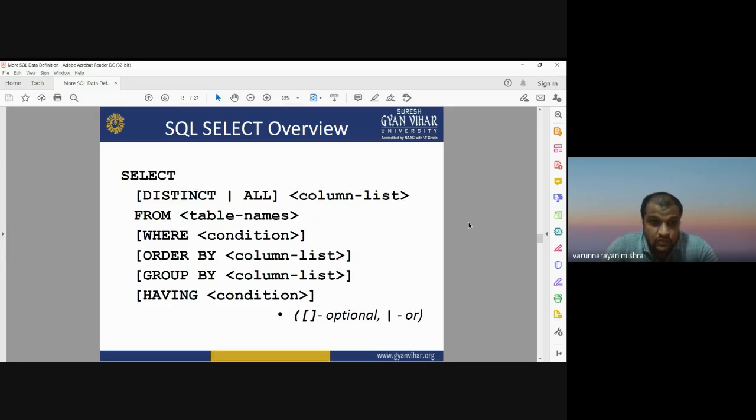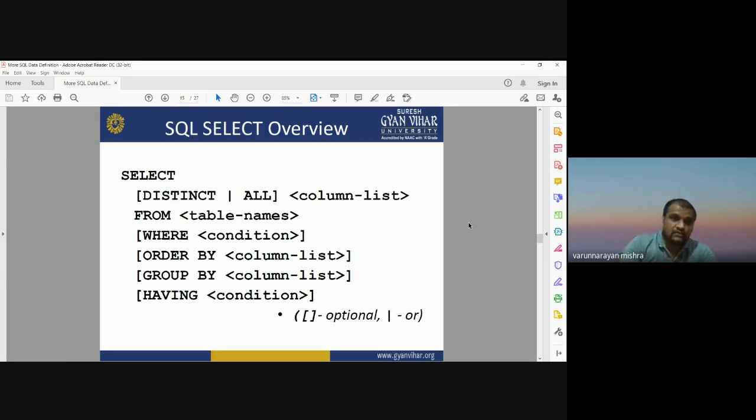Select means you have to define from what column you want to select, from which row, and what the condition is. Suppose we have values in our column, that is the age of the students. So order by column list. Suppose age is written in column 2. So order by column number 2, group by column number 2, and having the condition.